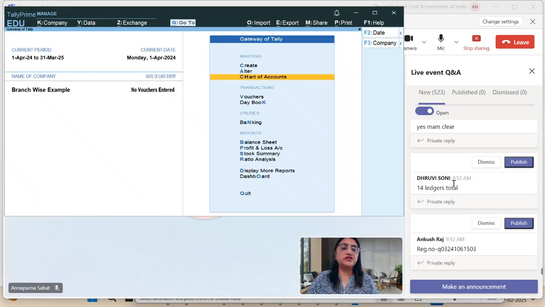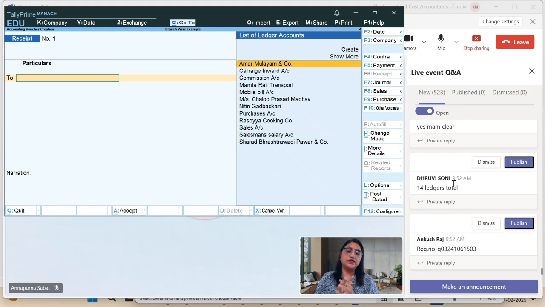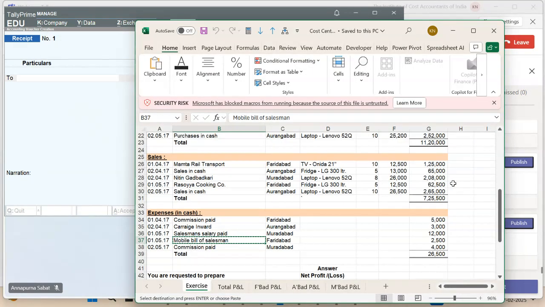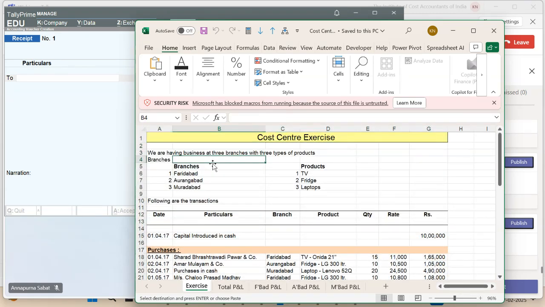Escape, escape. Now start entering the transactions. So the first, Faridabad and the products are TV, fridge and laptops. Why am I giving you this example again? Because in this we are having the inventories. In the previous example, we didn't have the inventories. So if we are having the inventories, then how can we enter the cost centers and how can we check